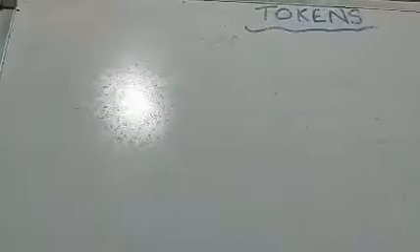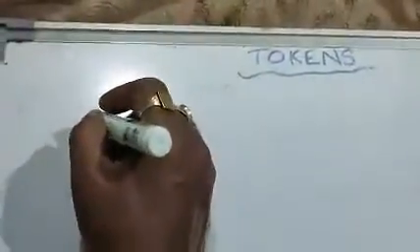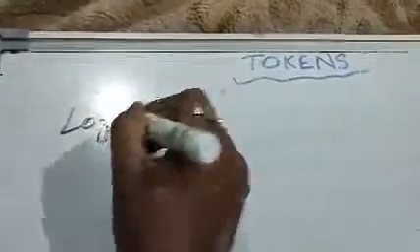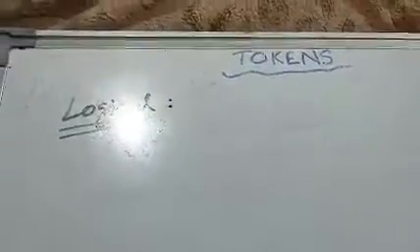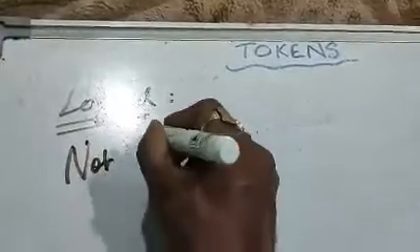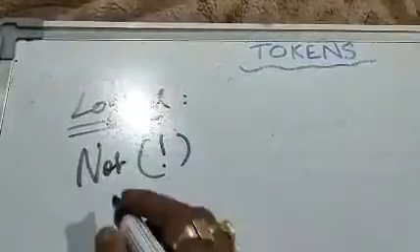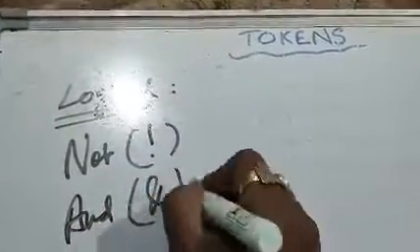It draws a relationship between two or more given expressions. Expressions are formed when we use the relational operator, or the arithmetic operator. So here we have the logical operator, which draws a relationship between two or more given expressions. There are three logical operators. The first one to be used is always NOT. NOT is a logical operator, but not equal to is a relational operator. Then we have AND. You will find ampersand.